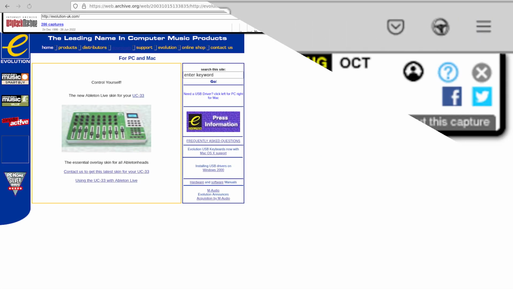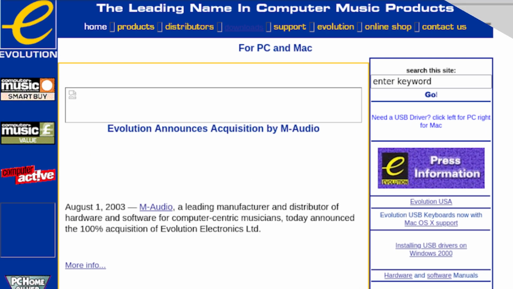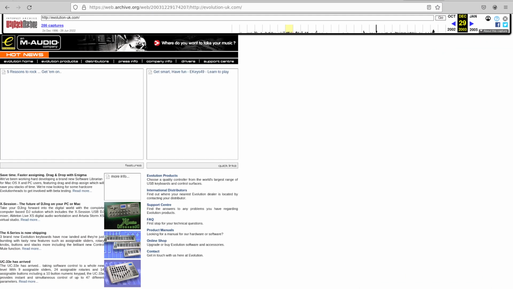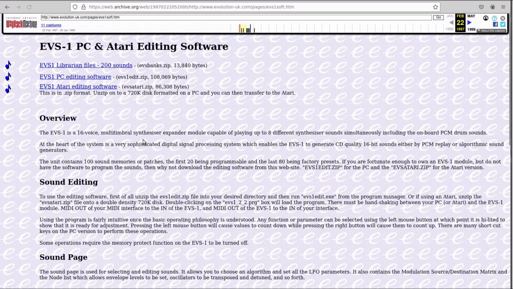So it's no surprise then that, at some point, it becomes clear that Evolution Synthesis have indeed been absorbed by M-Audio. Another interesting thing I found was a download section containing not only the original editors, but also a massive collection of 200 presets for the EVS-1 that I've mirrored below. But I guess that's not what you're here for, so let's get started setting up those editors, starting with the